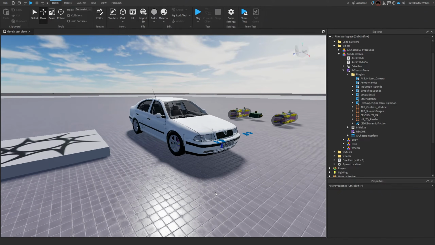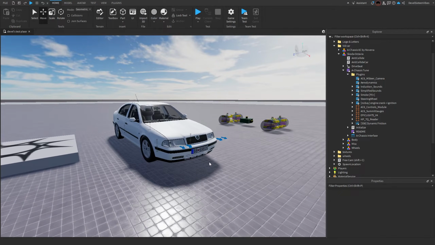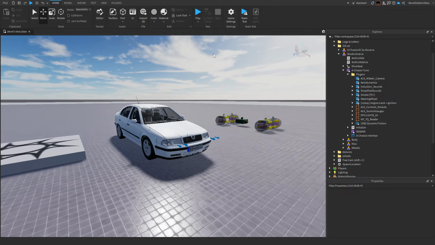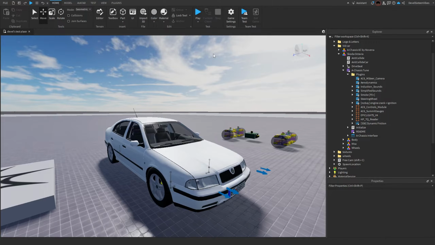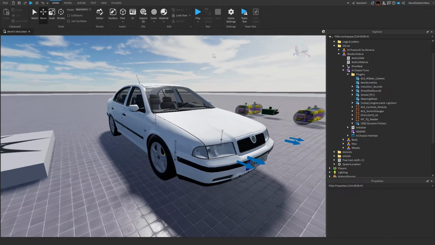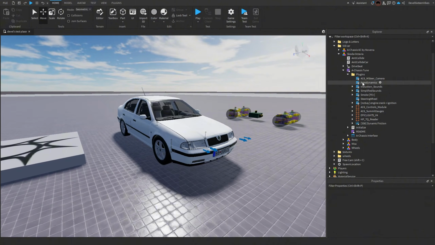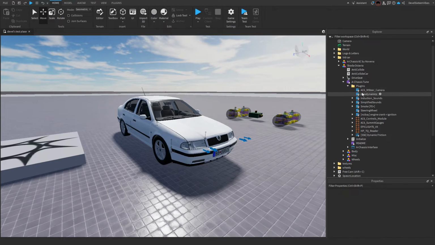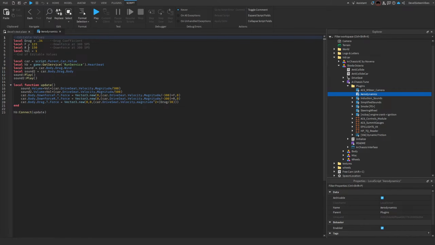But real quick, let me get it out the way. If you hear like a little chassis rattling while you're driving your car, like you get up to high speeds and you start to hear wind and what kind of sounds like squeaking, that is the sound of the chassis. And I forgot to mention this in my previous videos, but if you want to get rid of that sound, go underneath your plugins and then go to aerodynamics, and then right here where it says vol equals 1, and